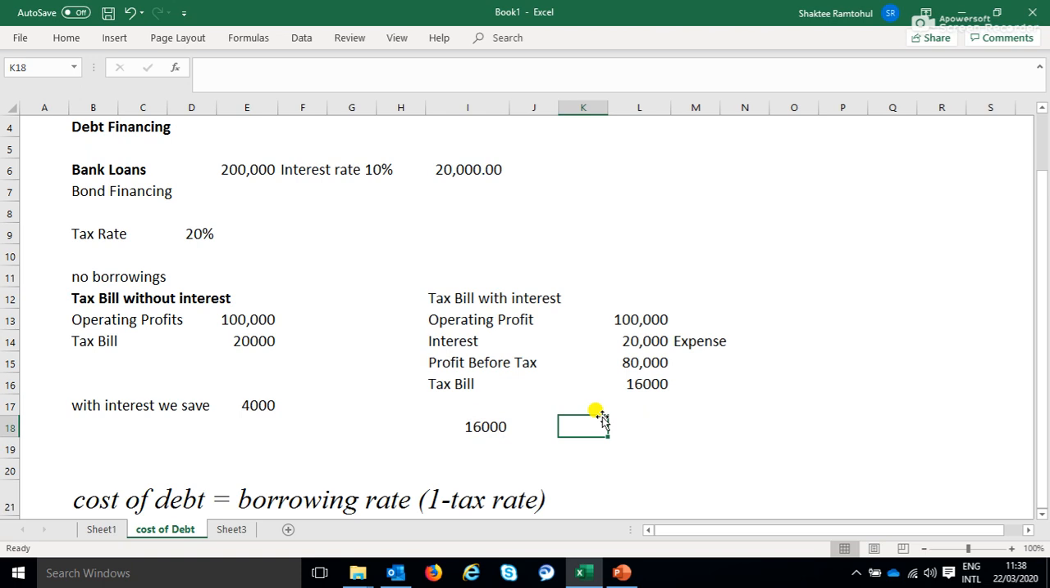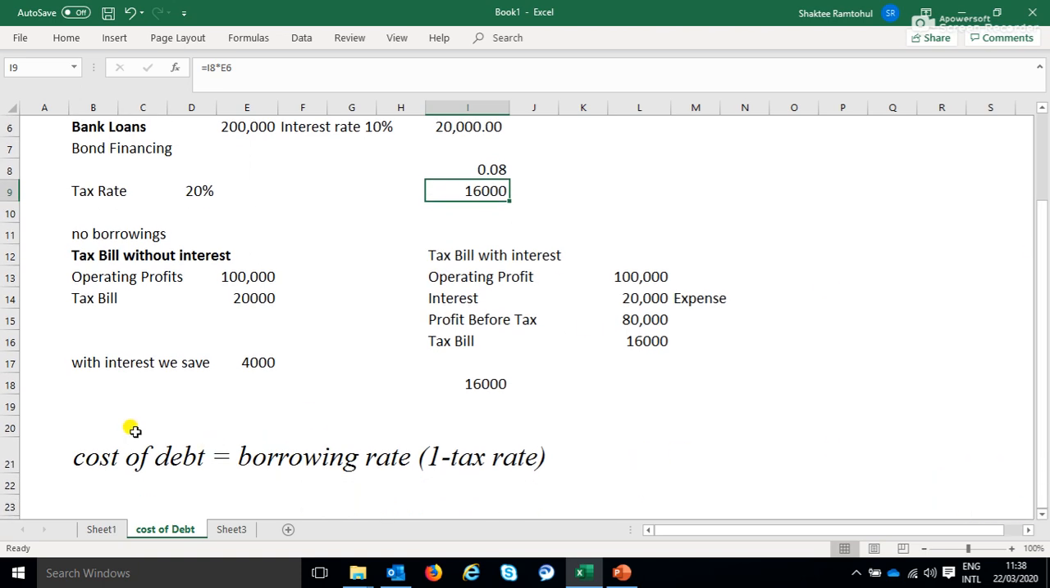Now, is there a way that we could have got to this figure straight from the 10% interest rate? The answer is yes. If we take 10%, so 0.1, and we multiply by 1 minus 20%, which is the tax rate, so 1 minus 0.2, this gives us 0.08, or 8%. If we take this figure and multiply by the loan figure of 200,000, we get to 16,000. What this means is that the true cost of debt for a business is the borrowing rate multiplied by 1 minus the